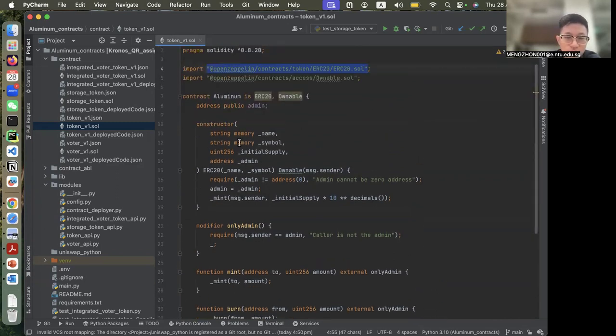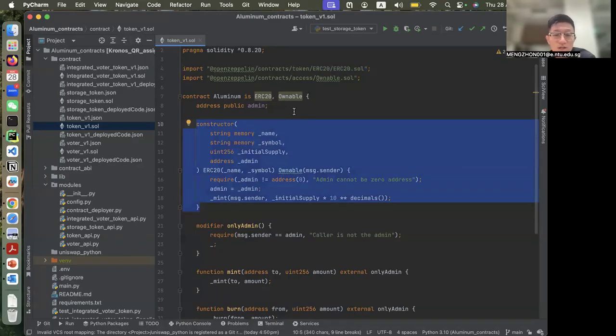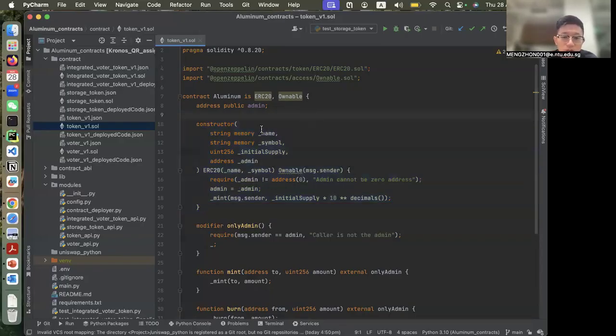Okay, so the constructor is just like the init function in the class things in the Python programming language. When you are deploying the smart contract, it's actually the behavior to create the instance of this smart contract on the distributed computing system, right? So at the time of deploying, you are actually initializing this smart contract, and at the time of init, you can define some input